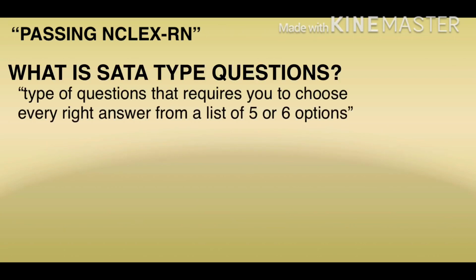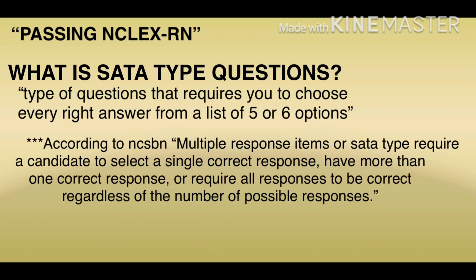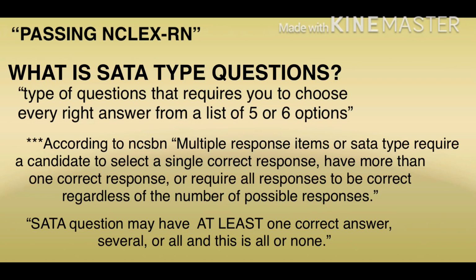SATA questions are the type of questions that require you to choose every right answer from a list of 5 or 6 options. According to NCLEX-RN, multiple response items or SATA type require a candidate to select a single correct response, have more than one correct response, or require all responses to be correct, regardless of the number of possible responses. This only means that SATA questions may have at least one correct answer, several, or all, and this is